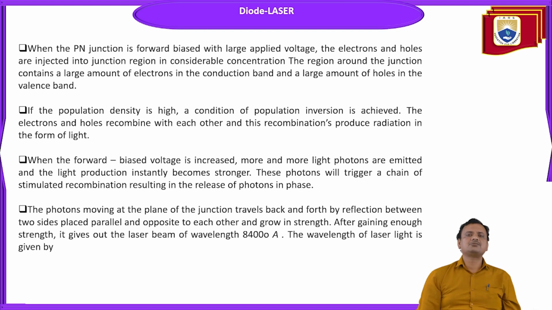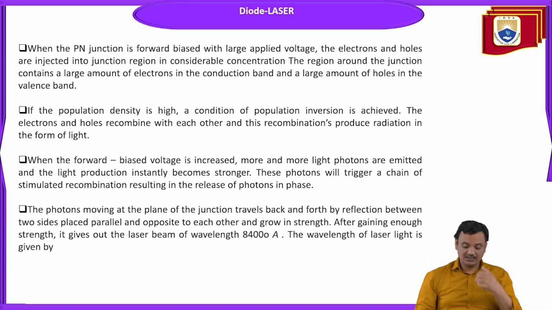When the forward bias voltage is increased, more and more light photons are emitted, and the light produced instantly becomes stronger. Okay, means the intensity will increase. These photons will trigger a chain of stimulated recombination, resulting in the release of photons in phase, means they will maintain the coherency. The photons moving at the plane of the junction travel back and forth by reflection between two